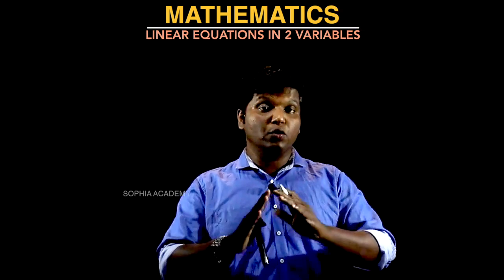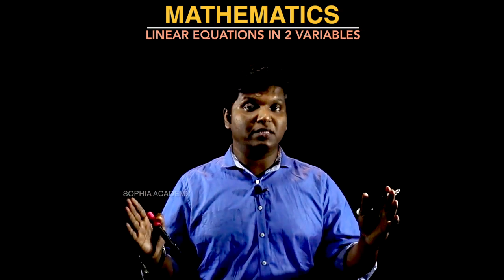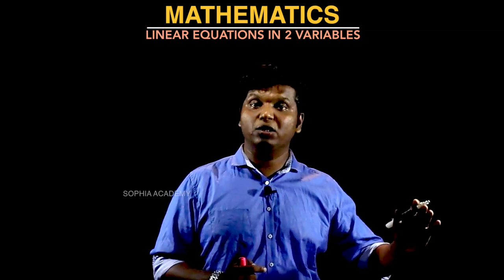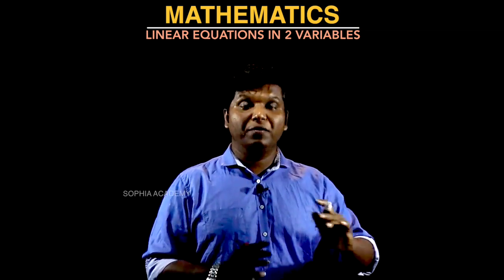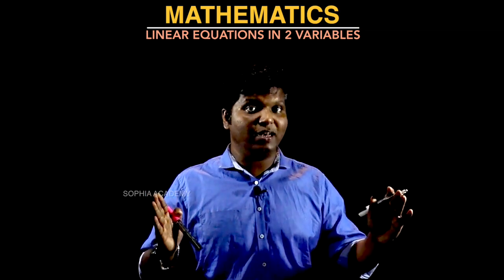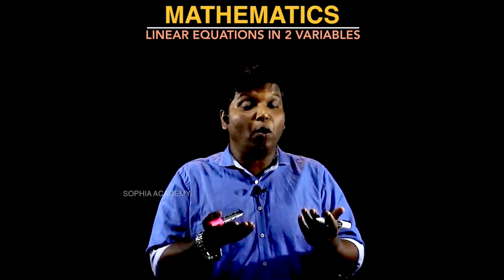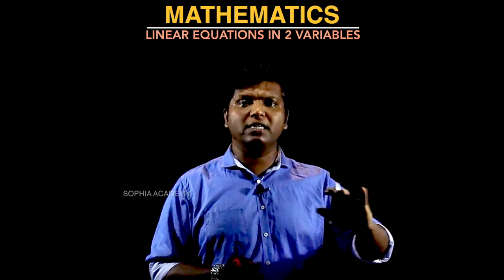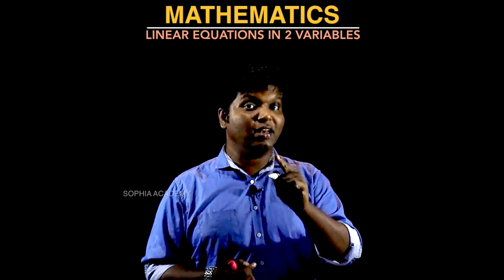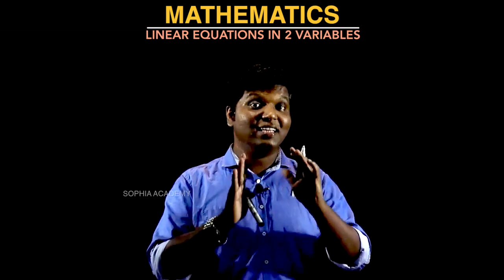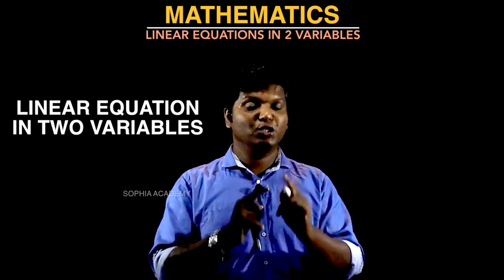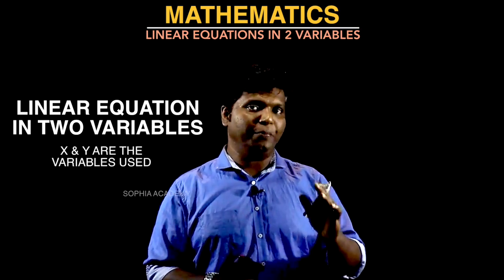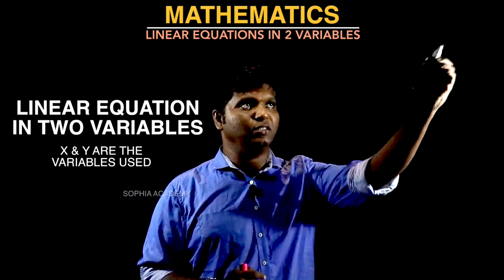First of all, let me introduce what the linear equation in two variables is and what the general form is. A linear equation in two variables is something which is going to be a straight line itself, right? That means if you plot a graph using the given equation, definitely you are going to get a straight line. If you are getting a straight line, that's what is called a linear equation in two variables. So here the variables being used are x and y, and the general form of a linear equation is